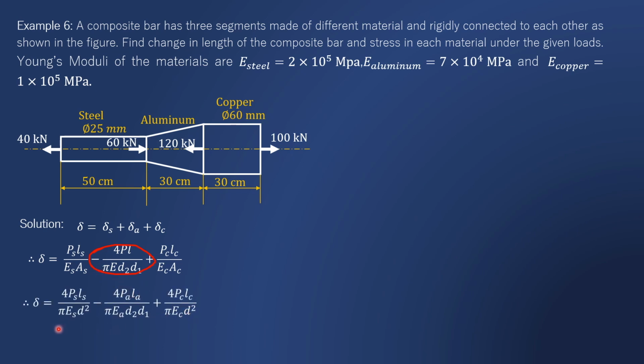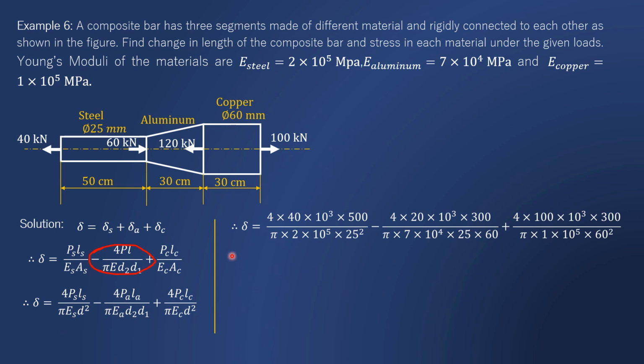So we'll put the values down. After putting the values, listen, I've replaced here this area as pi d squared by 4. So this is the cross-sectional area of steel. Here it is the diameter of copper, so pi d squared by 4 is the cross-sectional area of copper. And here d1, d2: this is how we have substituted values of diameter of aluminium at this end and diameter of aluminium at this end. So just use the corresponding formulae and get the answer. This is the deformation of this bar. Very simple formula substitution problem.